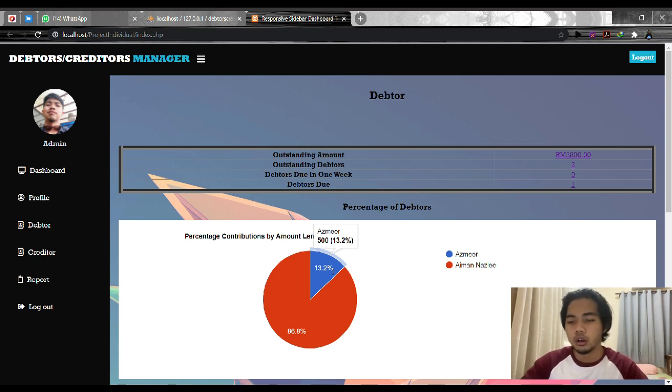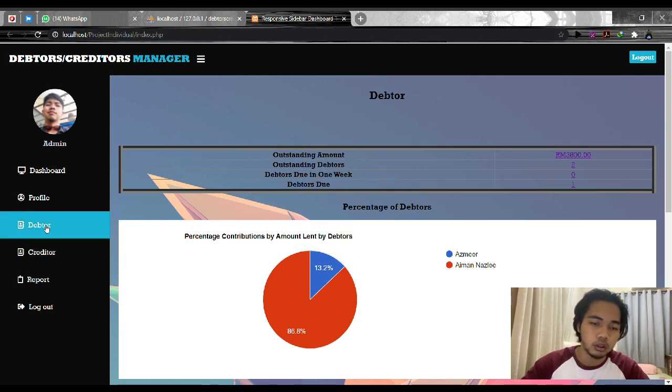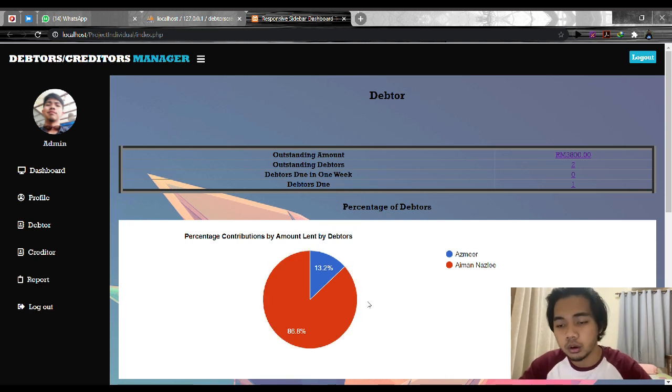So why is Aiman Azli 3,300 and Azmeh 500? Because the pie chart captures the new amount of the debtors after the amount has been paid.